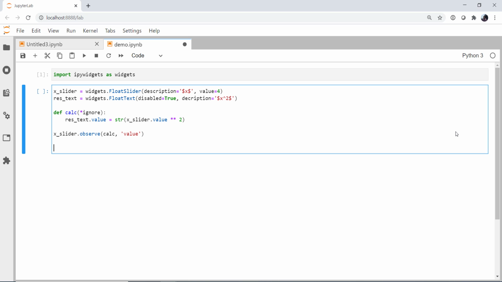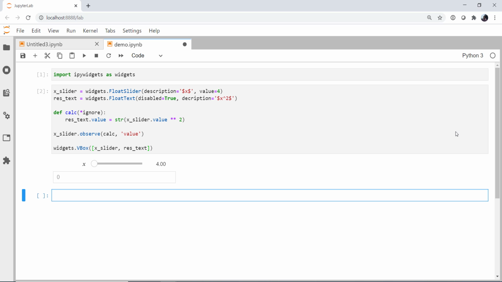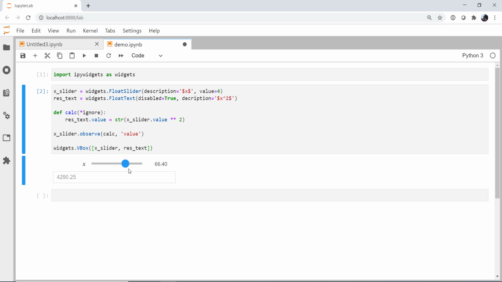We need to actually display our slider and our text. So for this, I'm going to use a vertical box so that they're one above the other. And this is more important when we get to more complicated dashboards that we want to lay out. So I'm going to use a VBox, which takes a list of the things that I want in it. I want the slider on top, which is x_slider, and I want the result text on the bottom. So now you can see when I move the slider, observe hooks up the calc function, and we display the